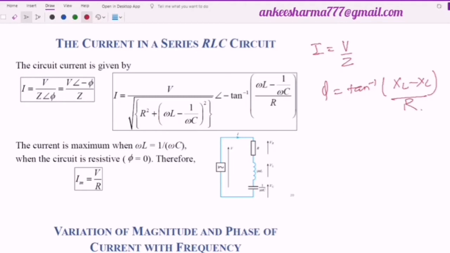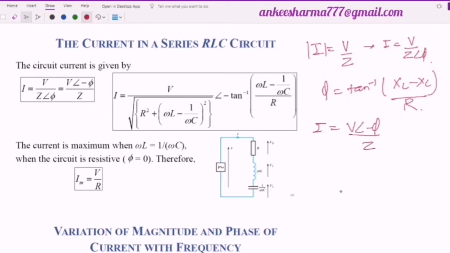This is the phase difference or the phase angle. Now if I write here magnitude of I, then it is okay to write V by Z. But if I want the I value, then I need to write the phi also. It means I will write here V by Z with the angle phi, or in the other case, I is equal to V by Z angle minus phi. When I take this phi to the numerator, it will be minus, divided by the Z.